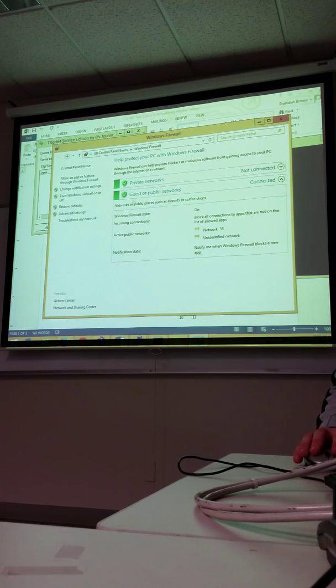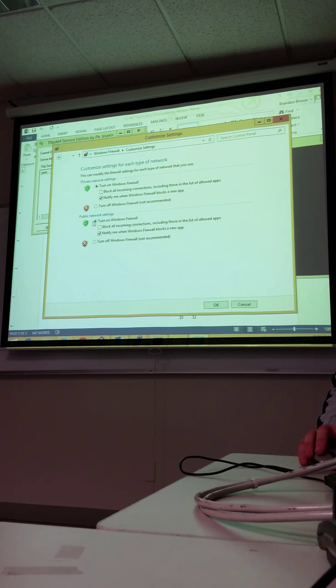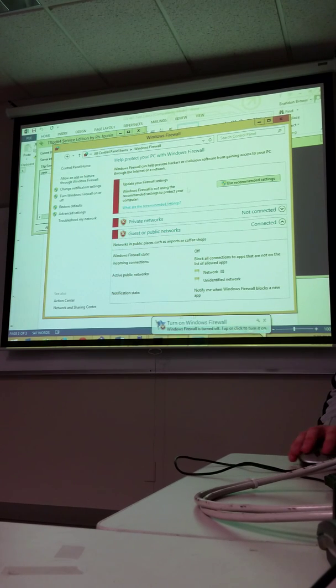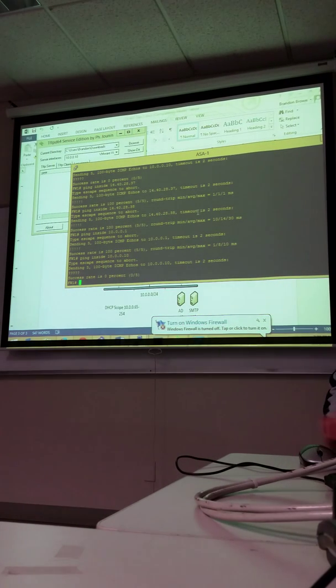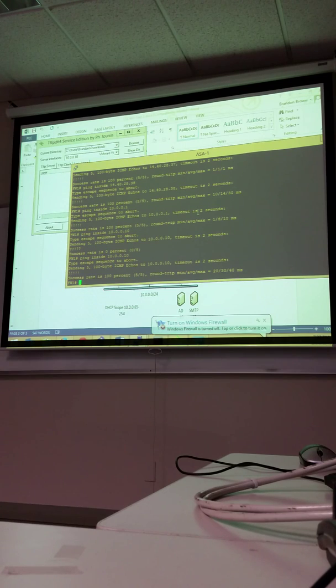We're gonna turn it off. Okay. There we go. Darn firewall. Okay, so now that I have connectivity end to end,